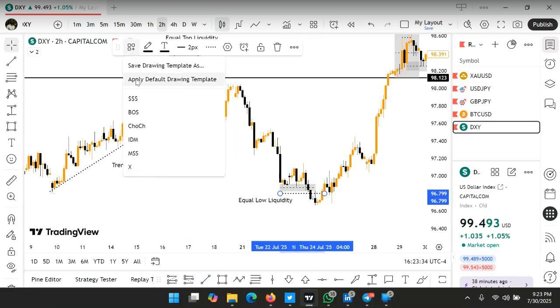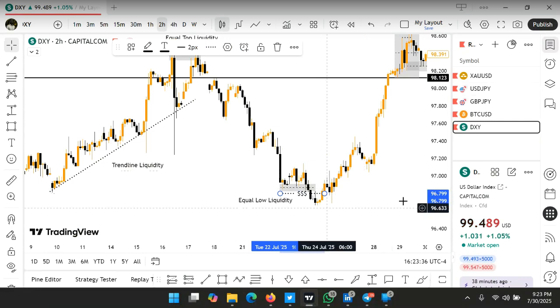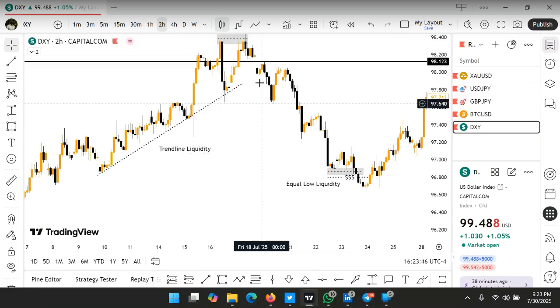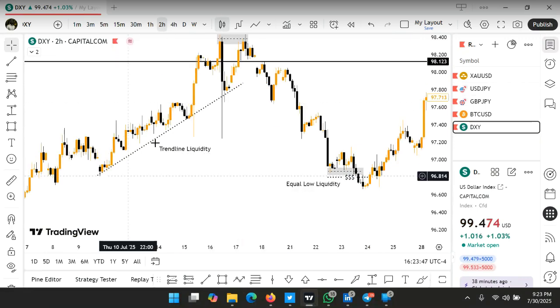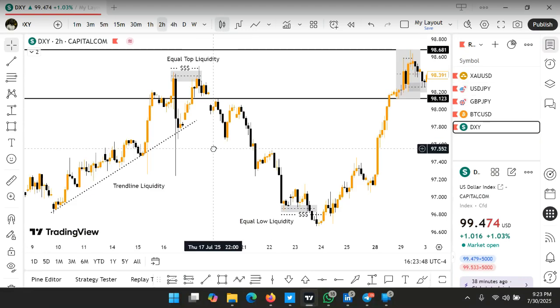And what do you see after that? After the market took this liquidity at this zone, what do you see? The market now reversed towards what? Towards the intended direction. So you should always wait for what? Wait for a sweep of liquidity before you take your position, when you see a key obvious level, equal top, equal low, and then trend line.